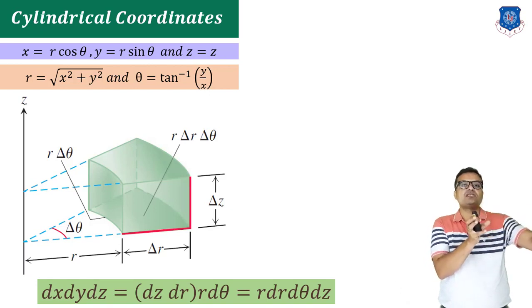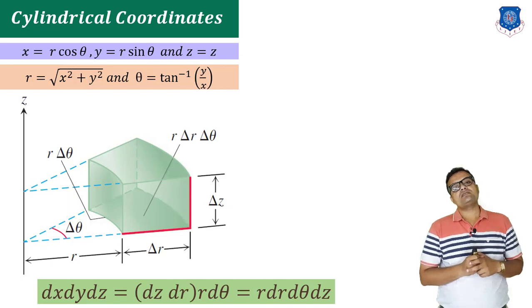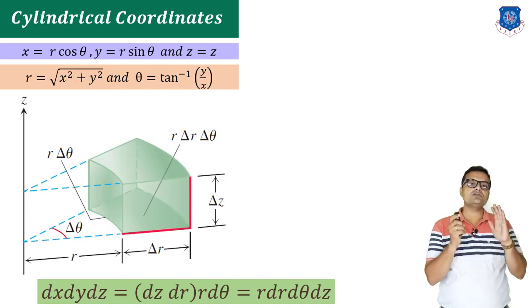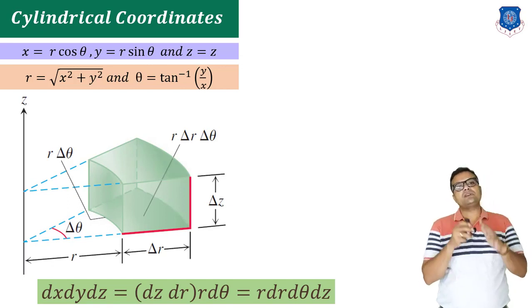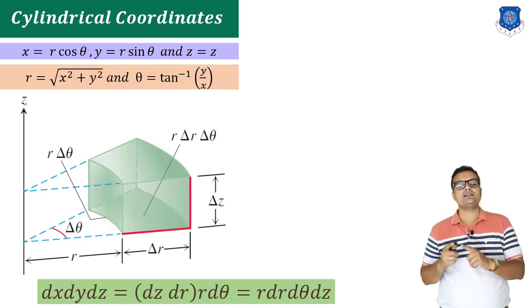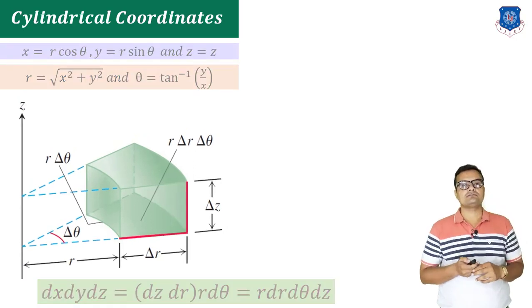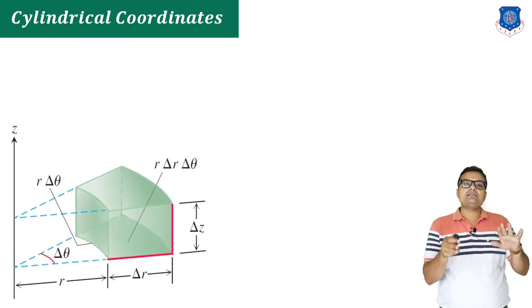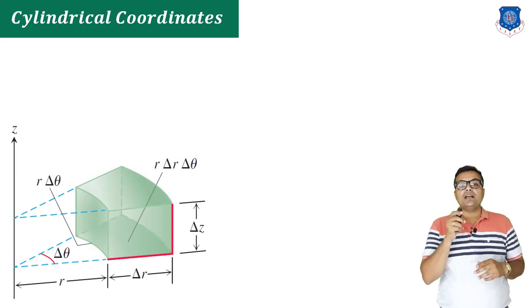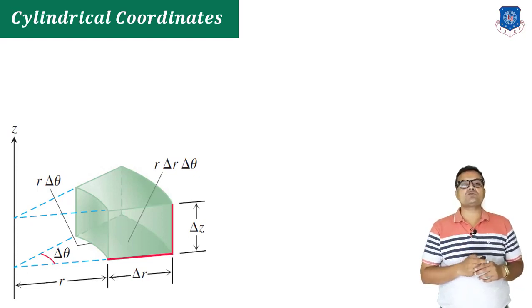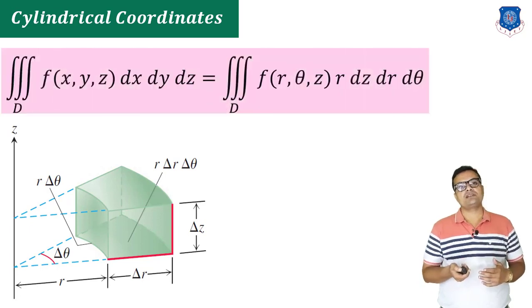So ultimately it will generate a wedge which is cylindrical. So this is the overall idea, and then I am simplifying it to write it as r dr d theta dz. This is in particular our regular order. So keeping this in mind, if I am considering a Cartesian to cylindrical transformation in triple integration, it